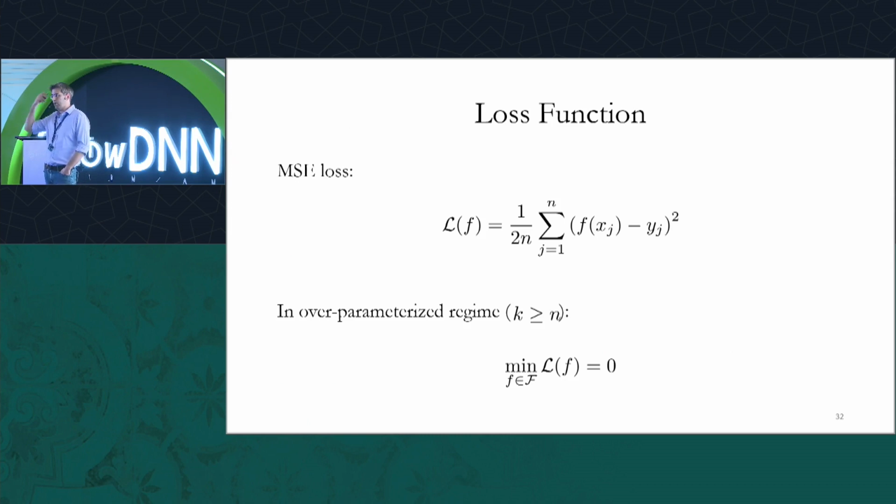And we assume that we're in an over-parameterized regime, so the number of neurons is larger than the number of data points. So we can get a small error and specifically get to 0 error, perfectly fitting all the data points. In this case, there are infinitely many solutions, and I'm trying to see which solutions correspond to stable minima.